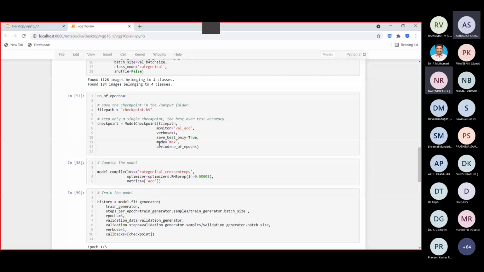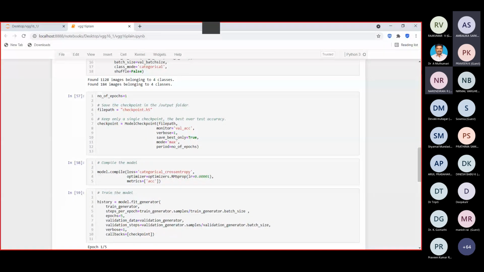And if you set verbose equal to 2, it will show the epoch number, like 1 by 10, 2 by 10, or 3 by 10. And period is equal to the number of epochs, so at every epoch you are creating the checkpoint.